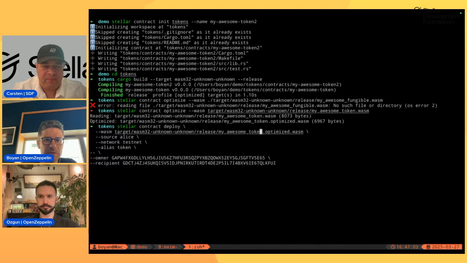We are deploying it with the Alice key. Here is an address that will be the owner and the recipient. Let's say it will be Alice again. So Alice will receive the tokens.